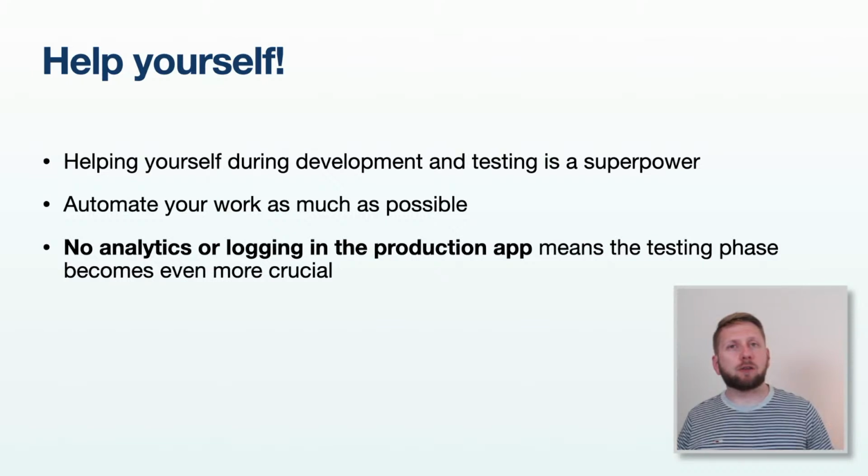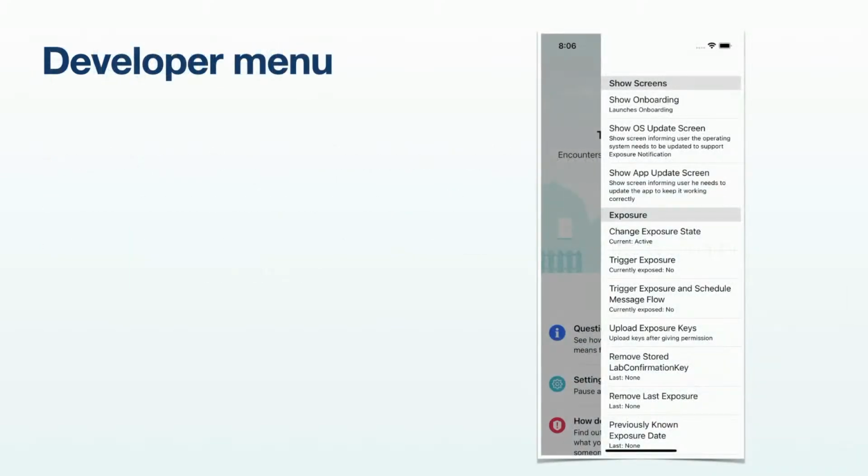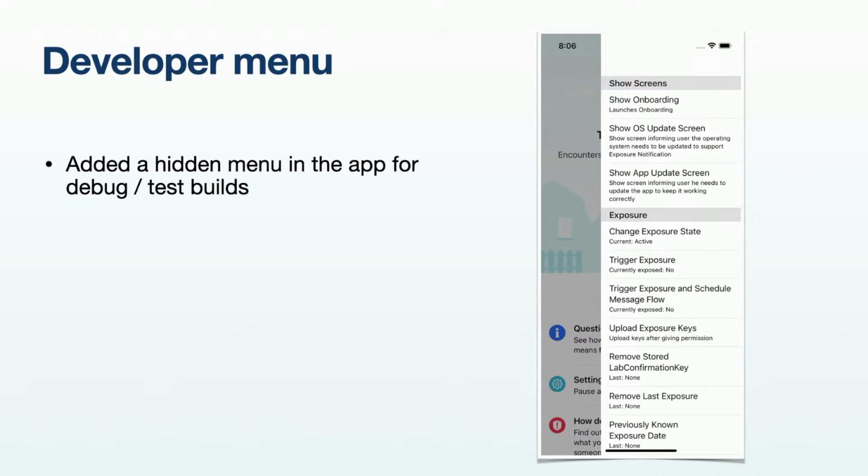We don't have the luxury of finding out in production that something is wrong and then quickly fixing it, because we might not always have the data to find out what's going on. So the way we helped ourselves in that situation was during that testing phase, we really want to help ourselves as much as possible. So we developed a developer menu within the application that's only visible in our debug and testing builds. And this screen really helps us to find out what the state is of an application at any given moment. It allows us to export the logs that we have, at least in the debug and testing builds,